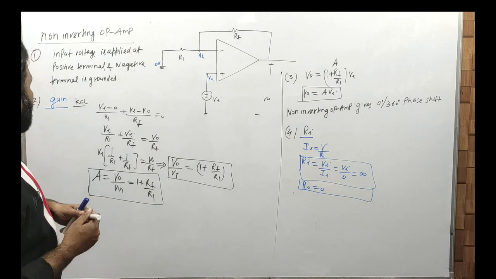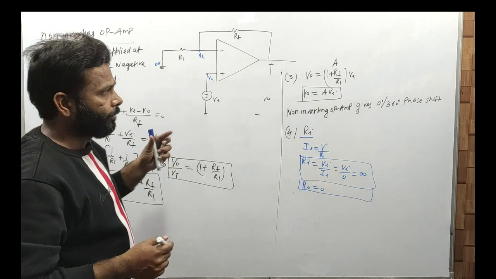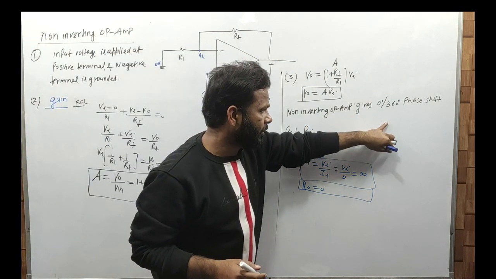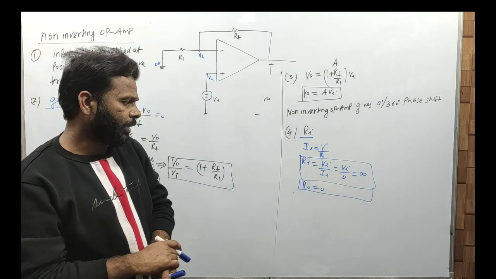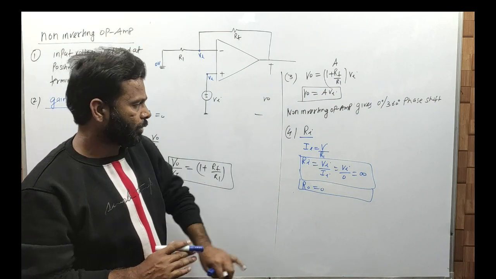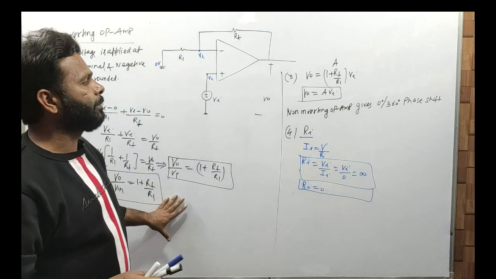Clear है? Now non-inverting op amp की definition clear है, gain clear है, फेज शिफ्ट कितना देता है? 360 डिग्री या 0 डिग्री फेज शिफ्ट देता है इनपुट और आउटपुट के बीच में। इनपुट रेजिस्टेंस इनफाइनाइट होता है और जो आउटपुट रेजिस्टेंस है वो कितना होता है? 0 होता है।